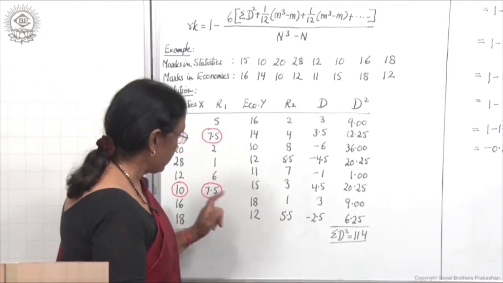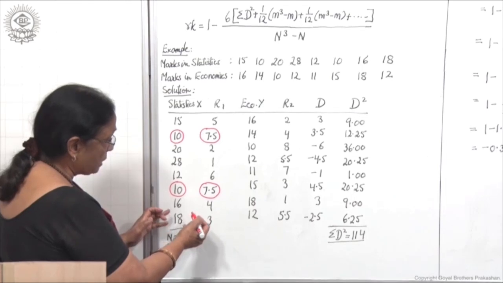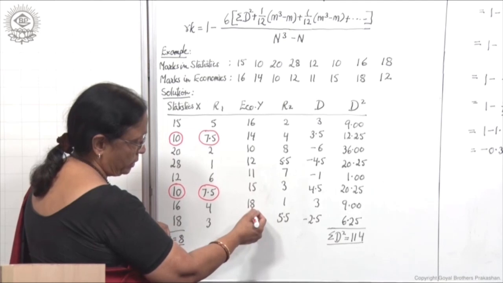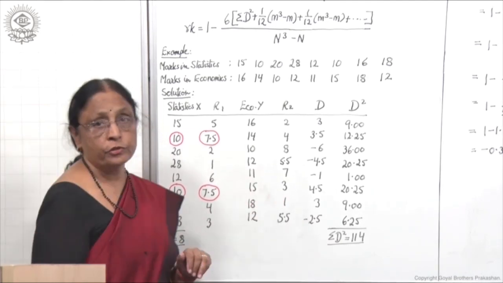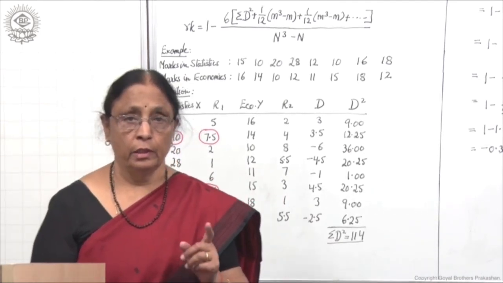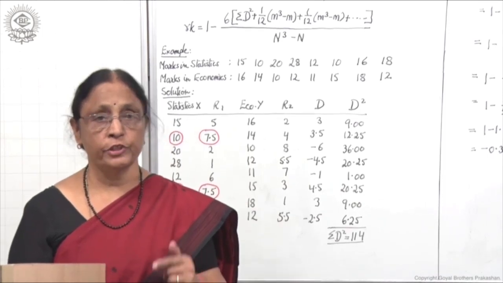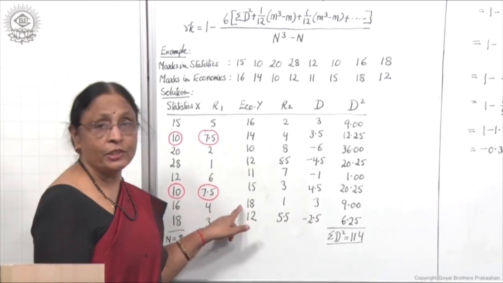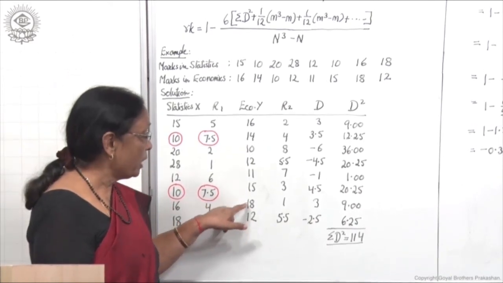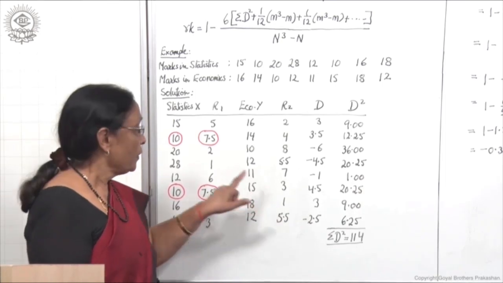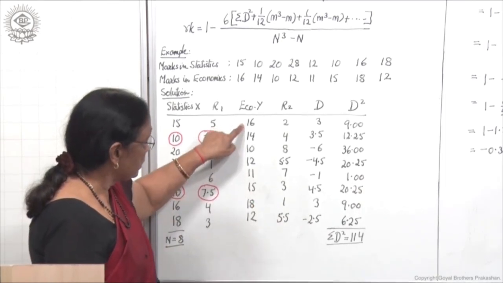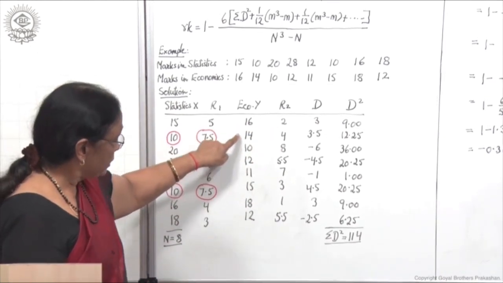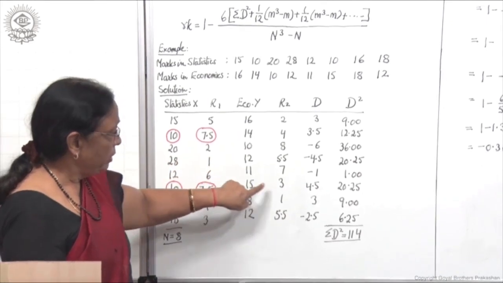How will you allot the ranks? We have taken highest as first. So here we have to see which is the highest and give first to that highest marks. As I told you, follow the same procedure. Okay. So by following the same procedure, here again highest mark is given first rank, second highest is 16, second rank, third highest is 15, third rank,